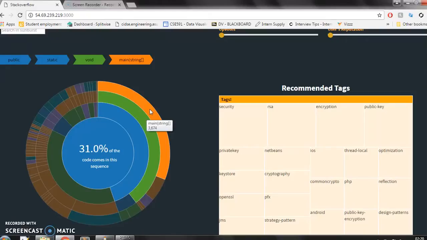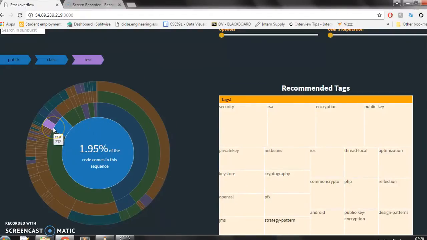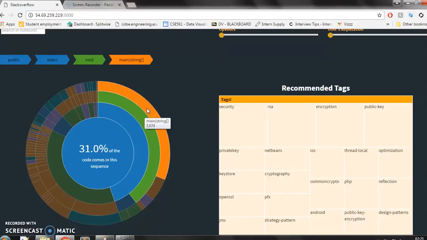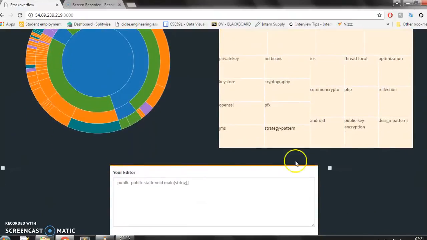Now, if a user doesn't want this, but he has already started his code and he doesn't want this part, he could always go into some other part which he feels would be a perfect fit for him. Now, after finding out the perfect fit, the user doesn't have to refer to the sunburst and type in the code editor. For instance, let's say I have figured out I want to type static void main next. I just don't have to go there and type. I just do a right click, and all this code till the root just goes here into the code editor.